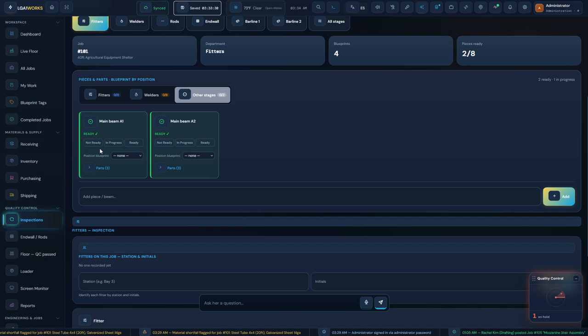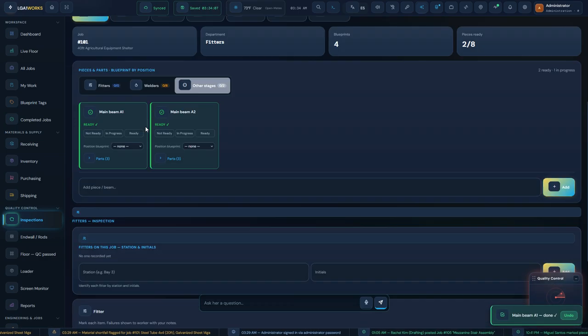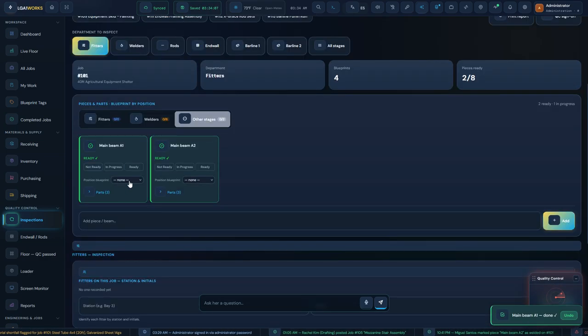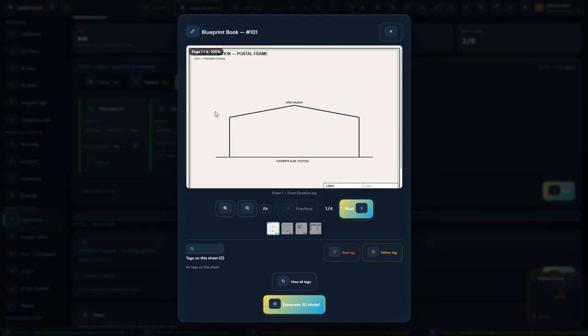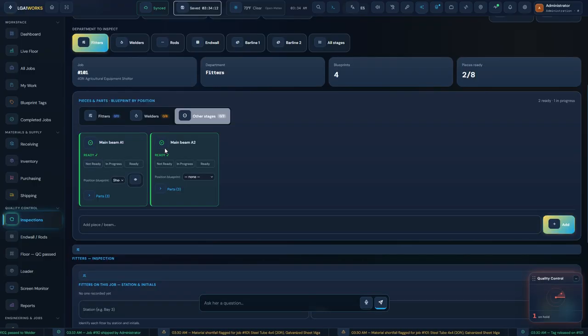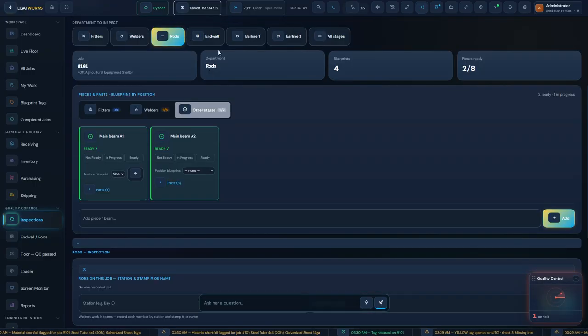You would have main beam A1, you can do not ready, in progress, or ready. And then you have its position blueprint. This is a little bit more advanced. You don't necessarily need this. It just shows what part of the blueprint this part is from, which will be needed but not needed at the same time. And then you can view that part, which it's currently looking at. And you can do that for every department,